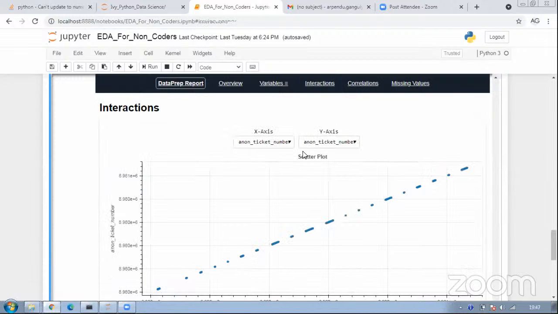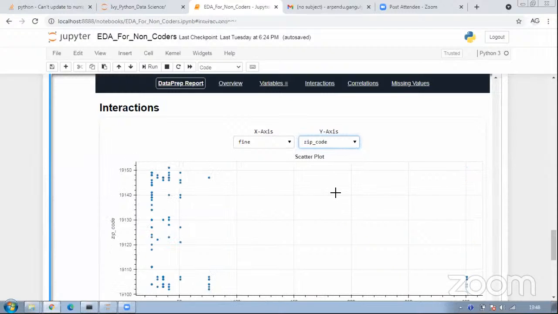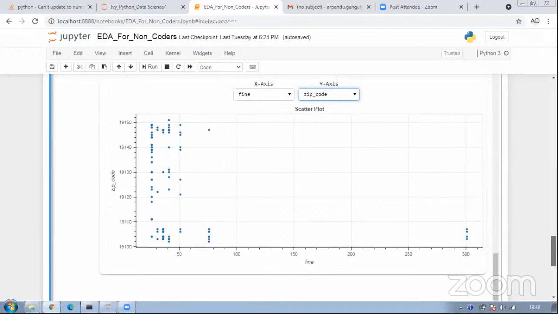So if I want to check fine with, let's use zip code, and see if there is any kind of correlation between zip code and fine.